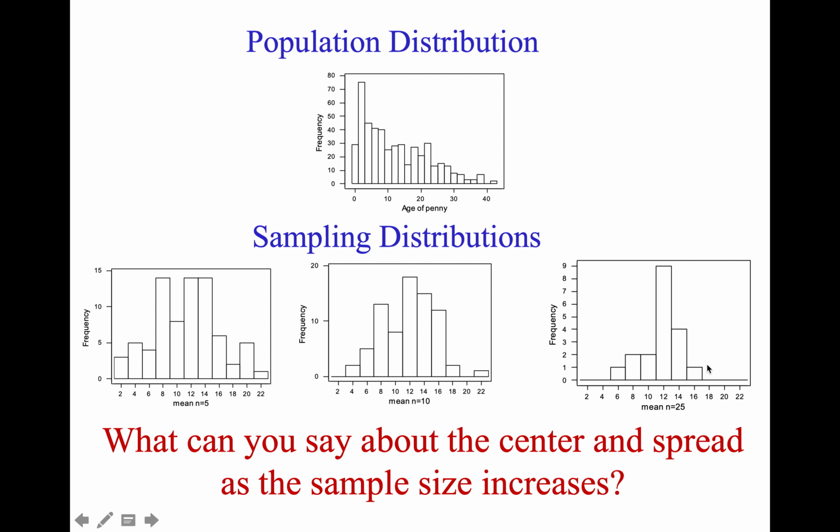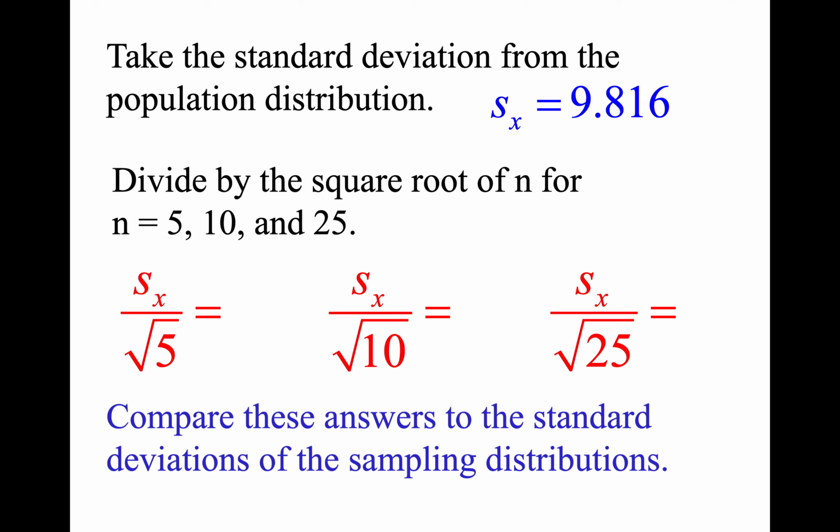And you can see the biggest difference, even though the center didn't really change, is the spread. As you increase the sample size, the standard deviation will get smaller, and we actually have a formula, just like we did for proportions, to tell us how much smaller it gets. If you take the standard deviation from the population distribution, it was 9.816. If you were to divide by the square root of n for 5, 10, and 25,